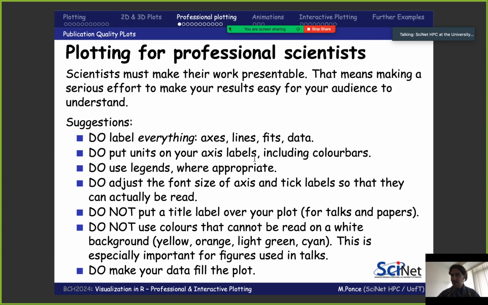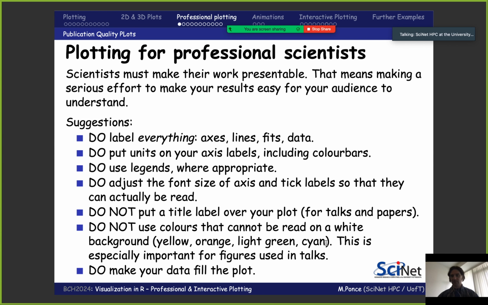Put units in your axis, especially if you have color bars. Use legends when appropriate. Adjust the font size. This is particularly important, especially if you generate tiny figures in a two-column format. Do not put titles in the main plots. This usually is reserved for talks and not for papers.